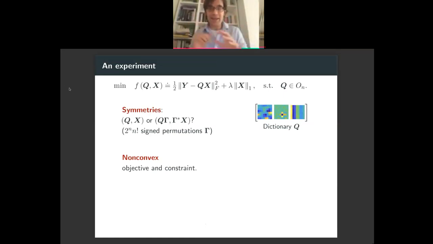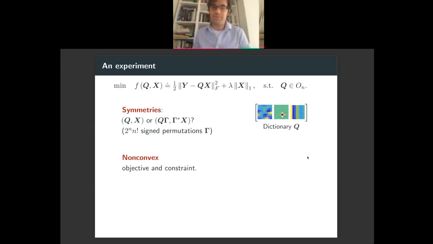But I think that the result doesn't depend too much on the method, in the sense that the result is that somehow initialization doesn't matter. We always find solutions of the same quality. And my experience is that if you were to, for example, smooth out L1 and then do gradient descent, you would also see that, maybe a little bit less efficient. Other things as well. Does that help?